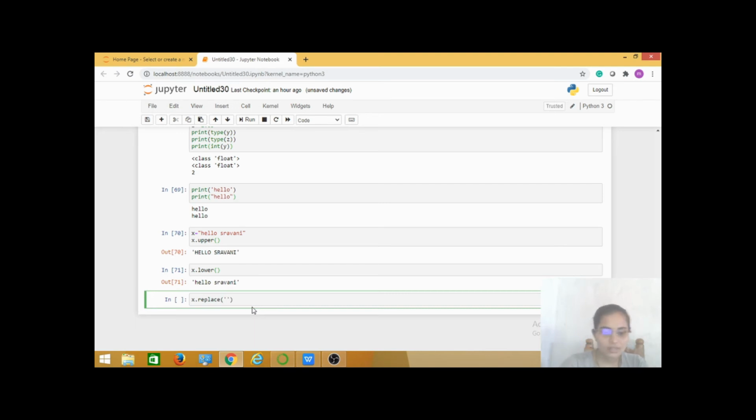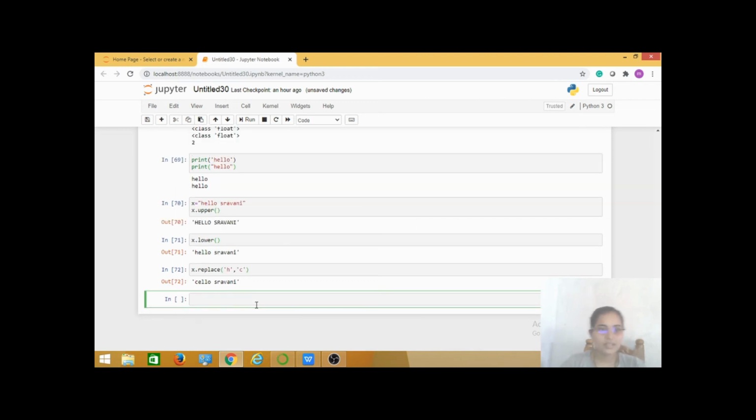So I take 'h' comma, and the new character, that is 'c'. See here, I am getting Cello Shravani. Instead of h, I am getting c, because I am replacing h with c. That's why I am getting Cello Shravani.